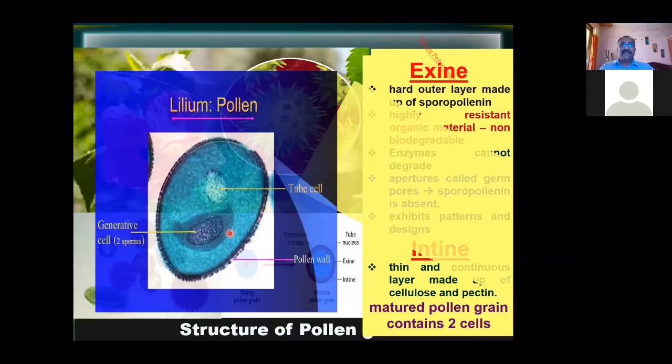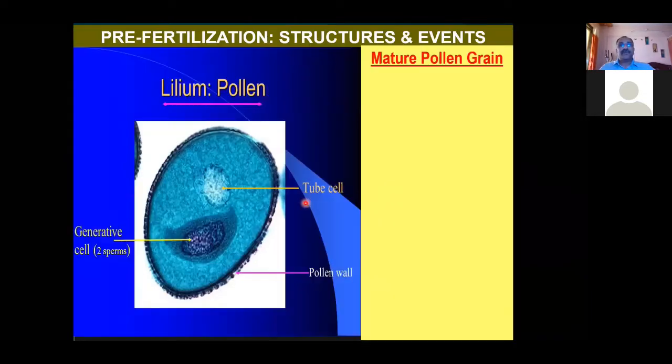Now in this slide we want to see the character of a mature pollen grain. I am showing you the photograph of the pollen grain of lilium plants. You know, water lily and so on. So lily plants, even in a garden, a white-flowered lily plant. So in the lily plant, or in lilium, pollen grains are produced. That pollen grain is shown over here. This is the photograph.